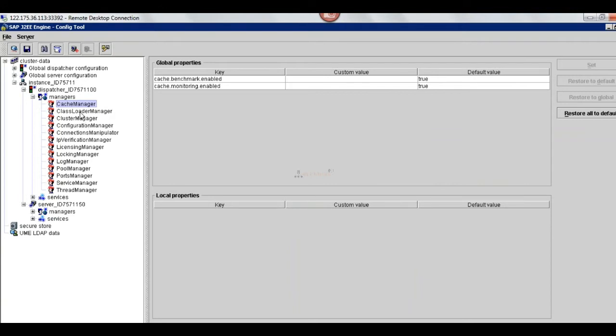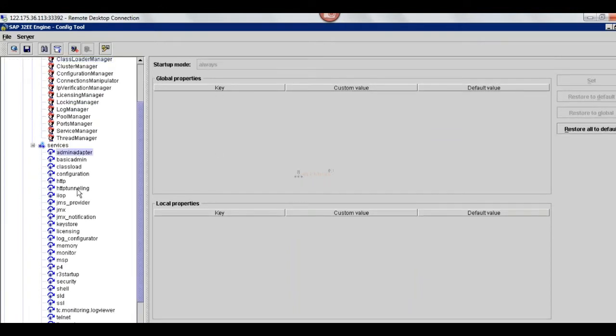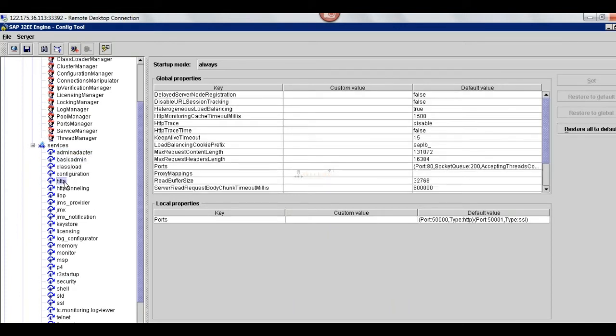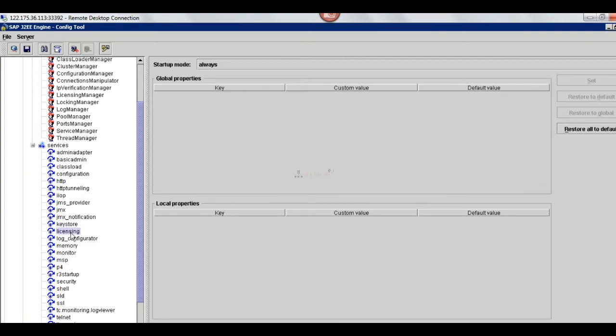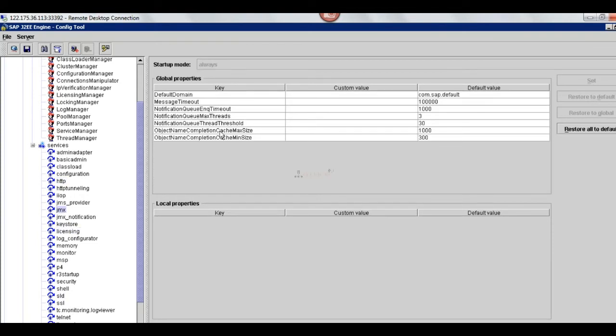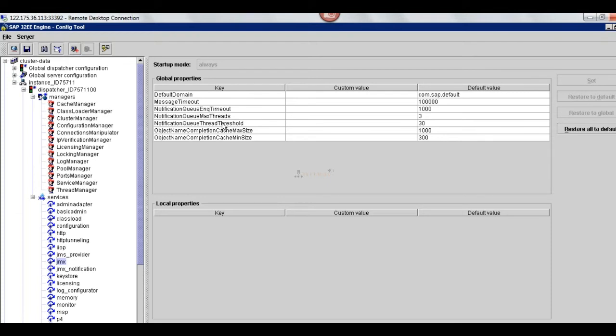These are the property values. If we expand the services, in every cluster we have services and managers. Here we have property names and property values.